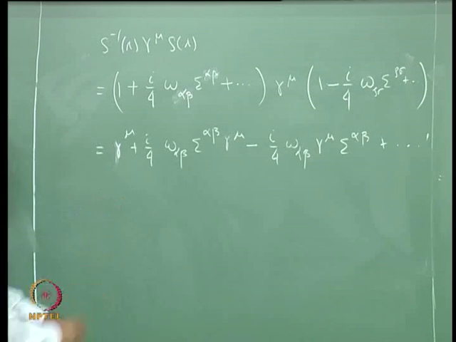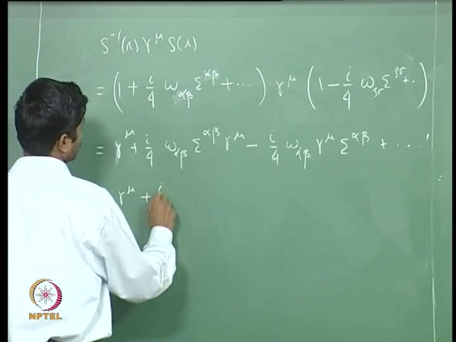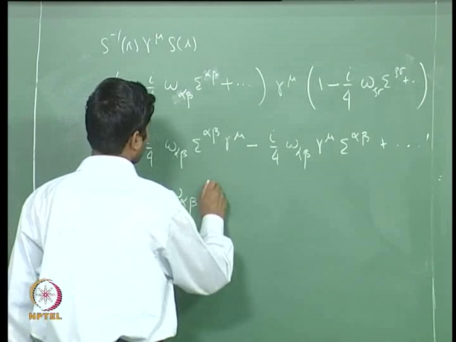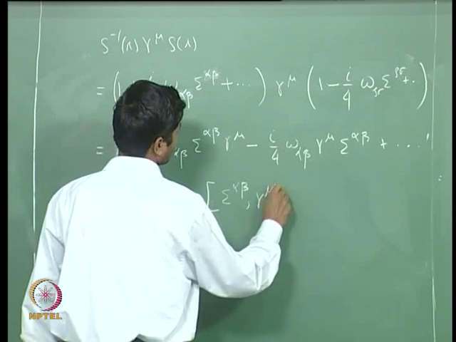So, this is nothing but gamma mu plus i over 4 omega alpha beta and the commutator of sigma alpha beta and gamma mu